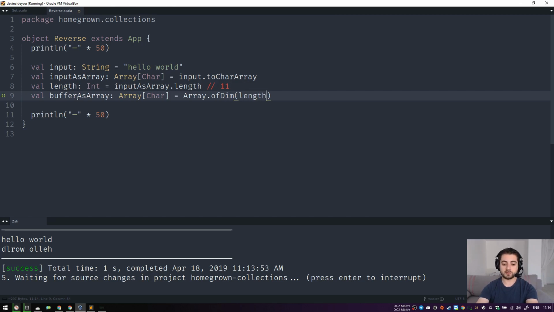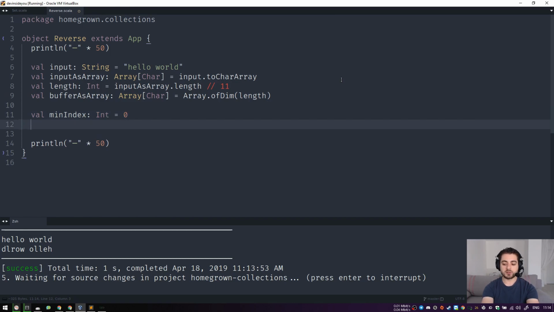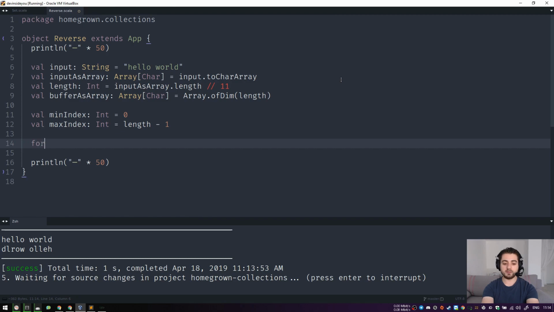So this is now an array of 11 elements, and it's an empty array. Okay, so now we're going to have min index, which is an integer 0. So arrays go from 0 to max index, which is length minus 1. Okay, right. So now we're going to have a loop, which, if you have seen my videos about